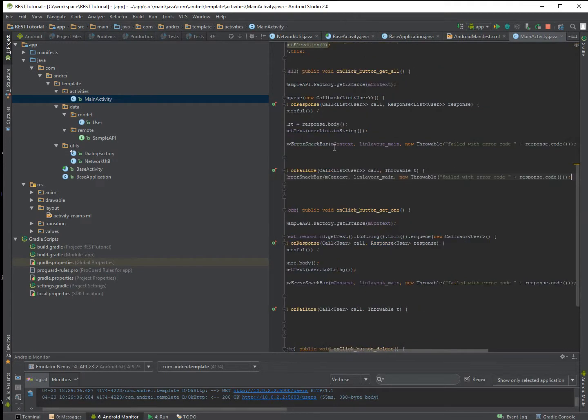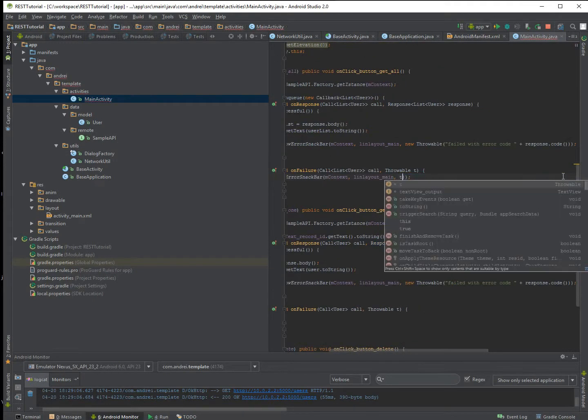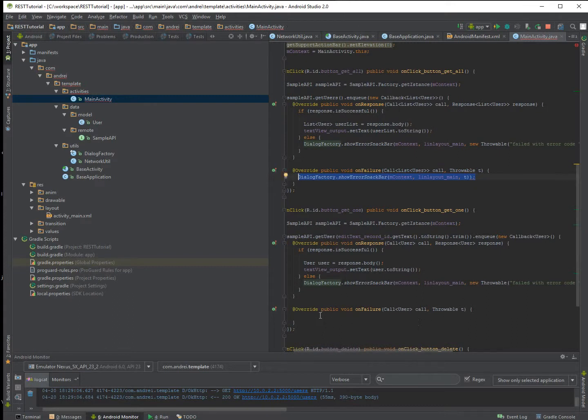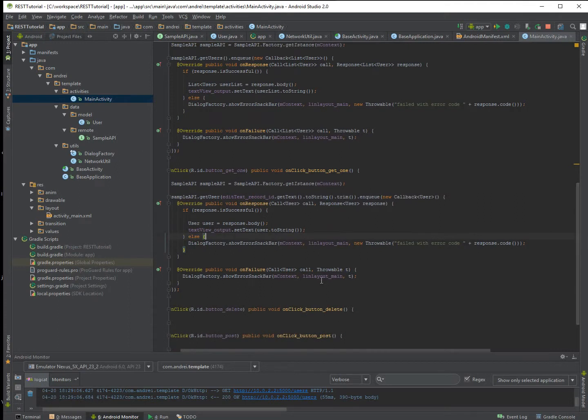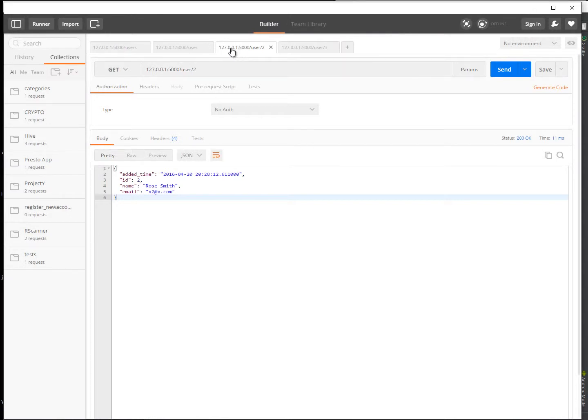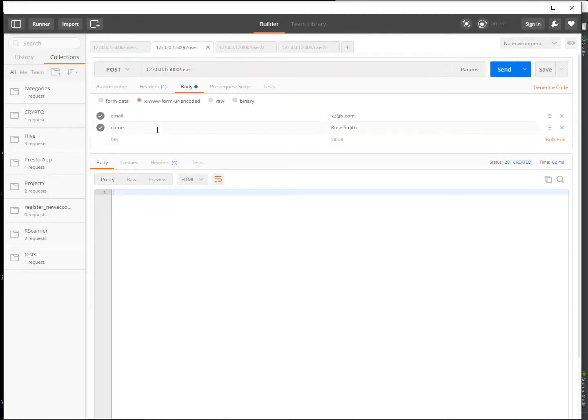Actually, we can copy this snack bar here inside in case some other errors happen. Okay, let's go ahead and test it. I'm just going to create a record